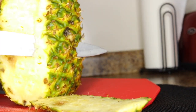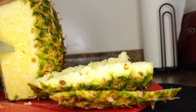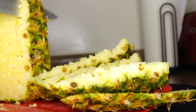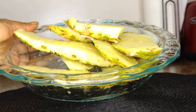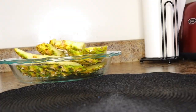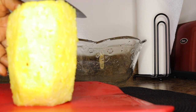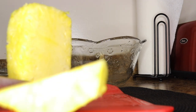I am peeling my pineapple to use the peel for my weight loss drinks or weight loss tea. If you haven't watched my weight loss recipes, ask me, I'll link you up on how to use pineapple peel to come up with your weight loss tea. So don't throw it away, you want to keep it for your weight loss or belly fat loss tea. So this is my pineapple and I'll be using just half of this pineapple,